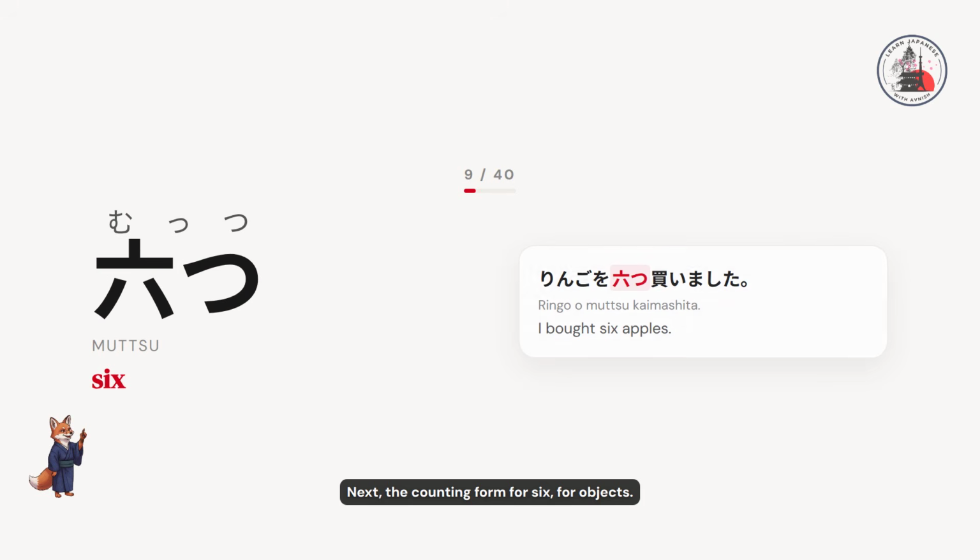Next, the counting form for 6 for objects. 6つ、6つ。 For example, りんごを6つ買いました。